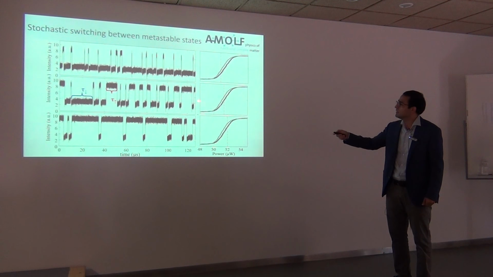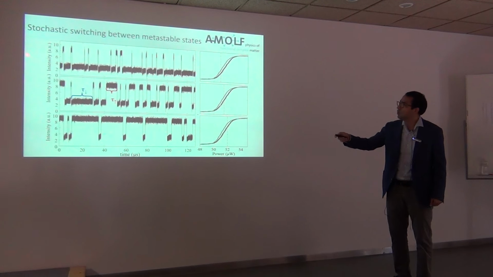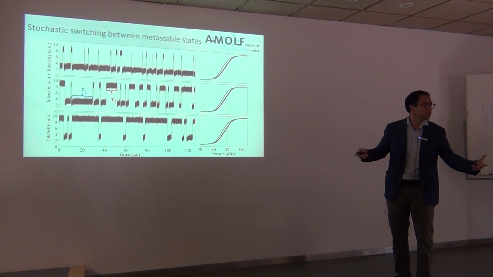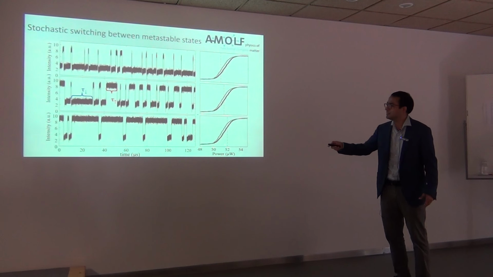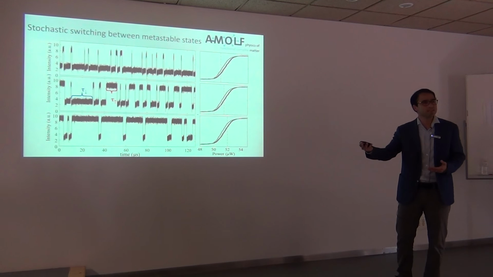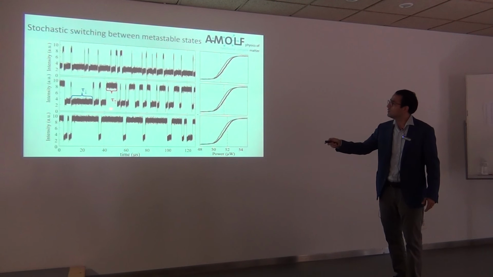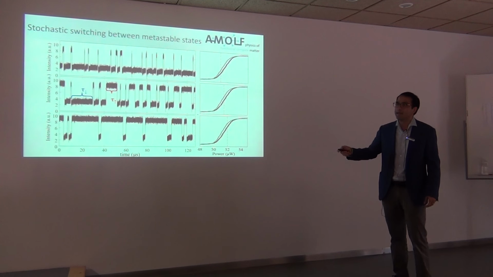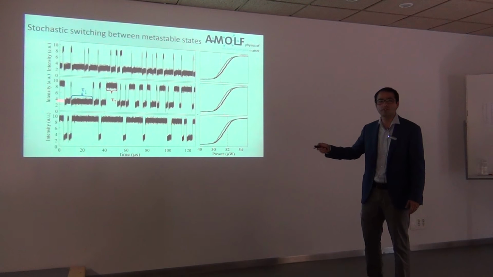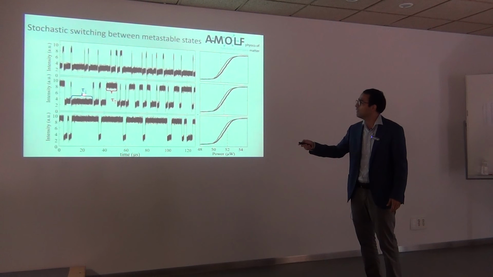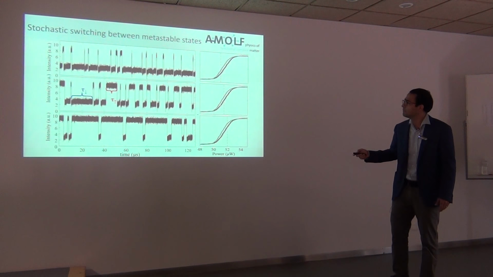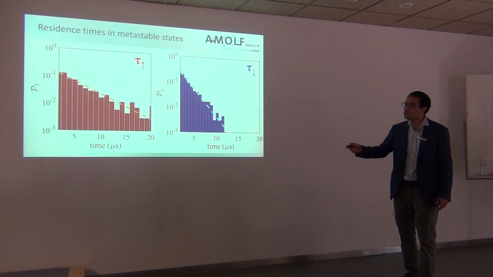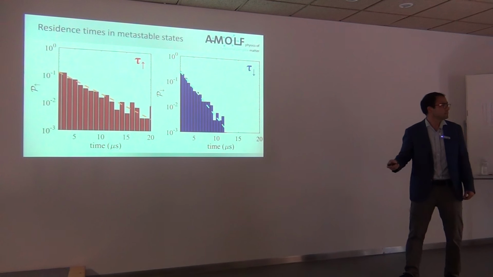Here we fix it at the center, and here we fix it at a slightly greater power. So here, basically, I'm biasing the system in the lower state, so let's say the left side of my double well. In this case, I'm biasing the system on the high density side of the well. And in this case, you have two equally probable states that are switching in a certain time scale. And what we analyze is the residence time of the system in these two states, tau down and tau up. Okay? So these are the histograms of these two residence times.